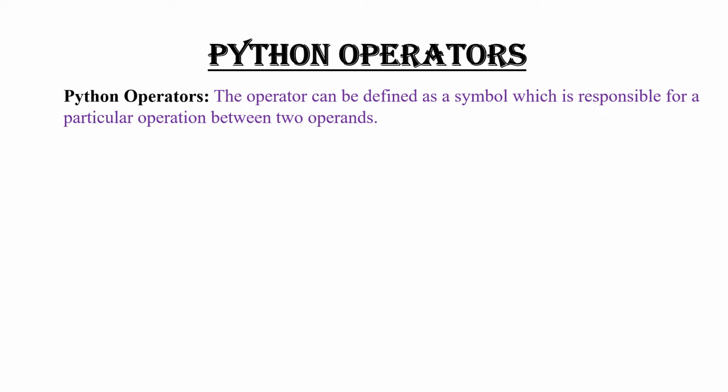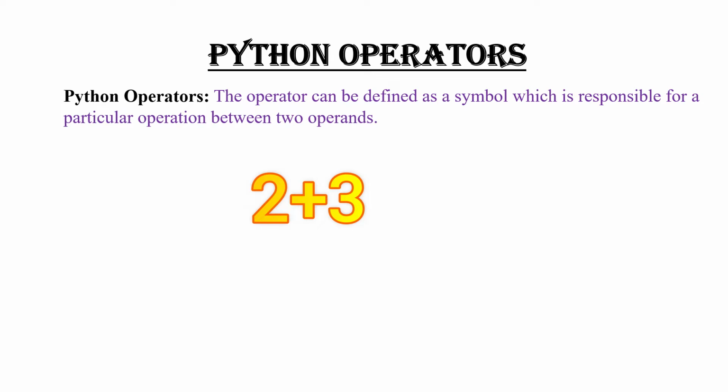In this video, we are going to learn about Python operators. First, what is an operator? An operator can be defined as a symbol which is responsible for a particular operation between two operands. If I take 2 plus 3, here 2 and 3 are called operands and the symbol plus